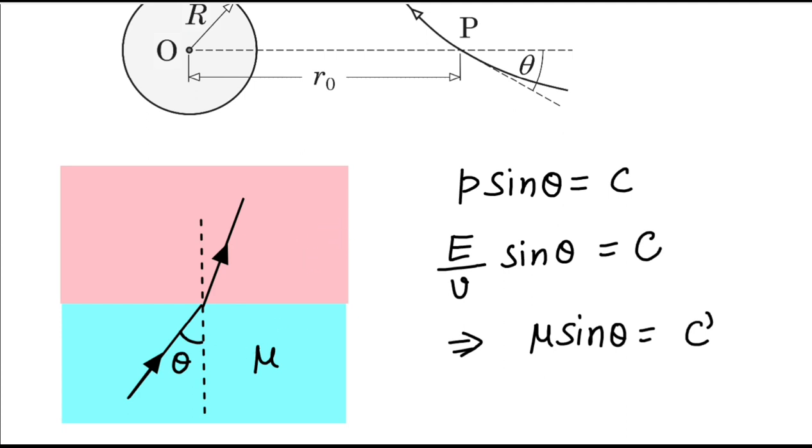And you already probably know this result, that if we encounter such parallel slabs of different refractive index, you can say that mu into sine theta will be constant for any of these slabs, right? Whether it is for this first part here, or if you want to go here, let's say here the angle is alpha and refractive index is, let's say, mu dash. Mu dash into sine alpha will also be equal to mu into sine theta. We already know that, and for that we will generally use the result of simple Snell's law. That will be valid here.